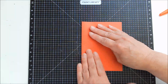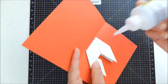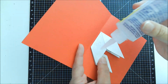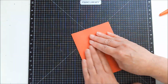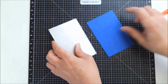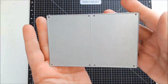Now we've only done one side, so I'm going to flip this over, and in that same diamond I am going to add some more glue. Okay, and going to close it, and we are going to let that dry for a minute. And while that's drying, I'm going to put my glue back here,